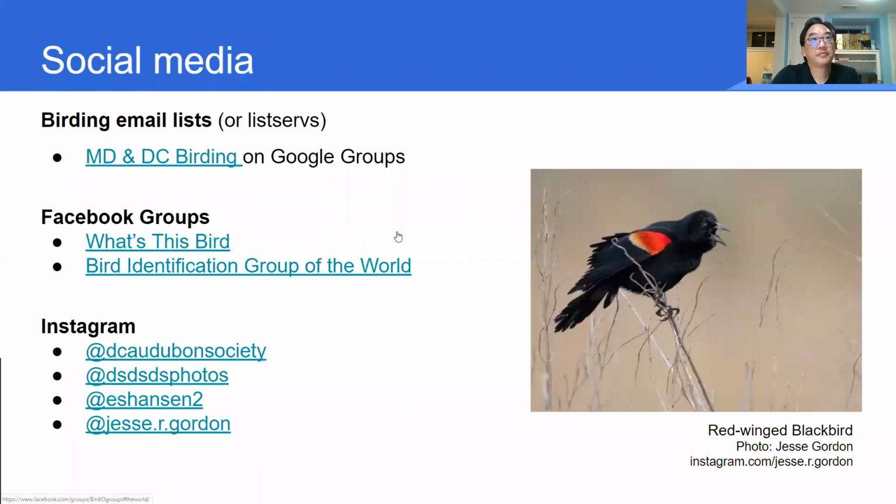Moving on to social media, there's just a panoply of things that you can explore online. Locally, the Maryland and DC Birding Google group is a great place to carry on conversations online, get help for bird identification, find out what people are seeing where. There are a number of Facebook groups. Here are a couple that help you with